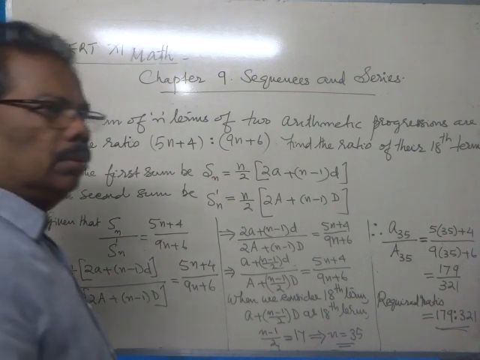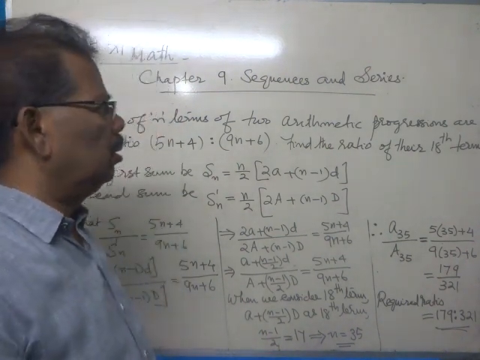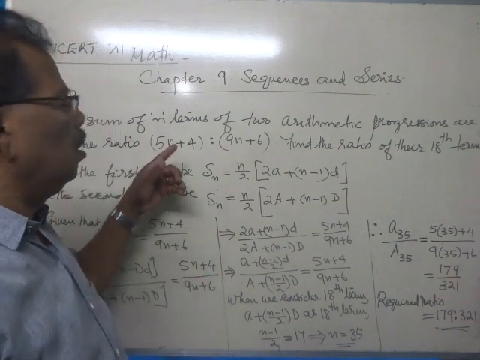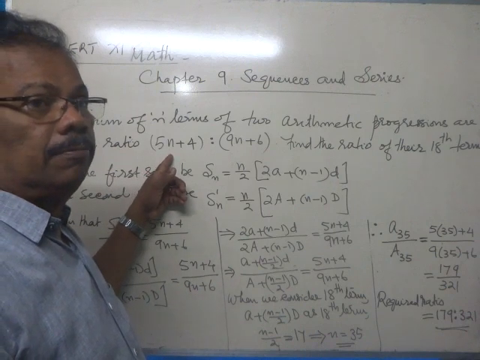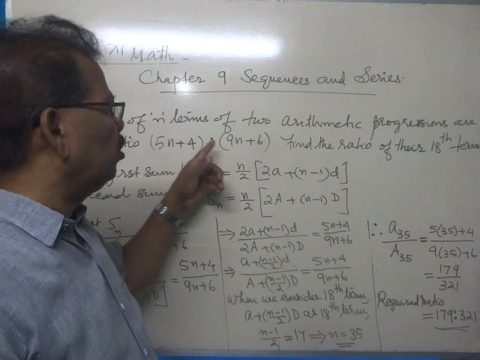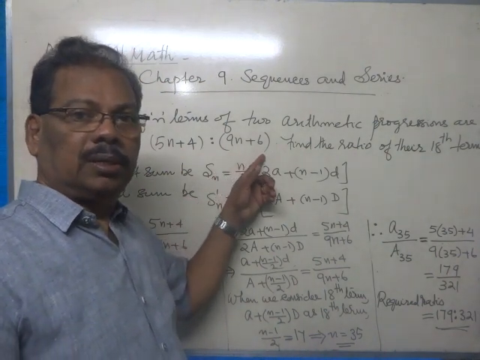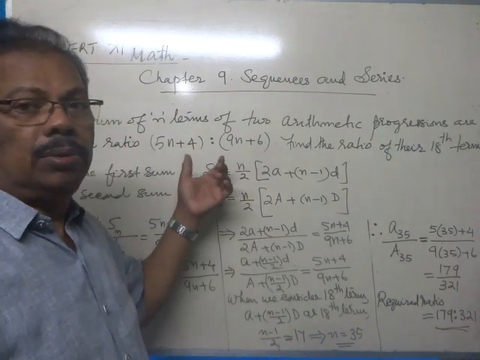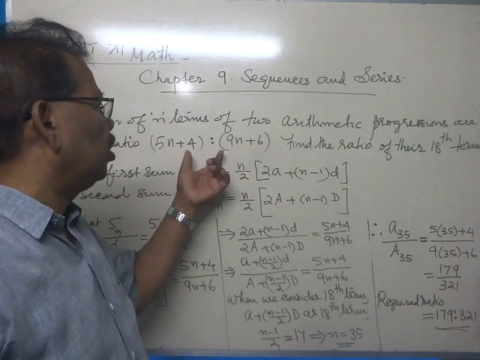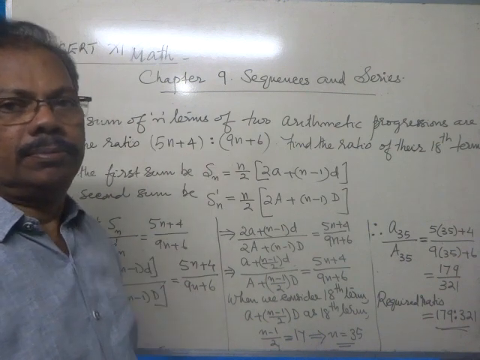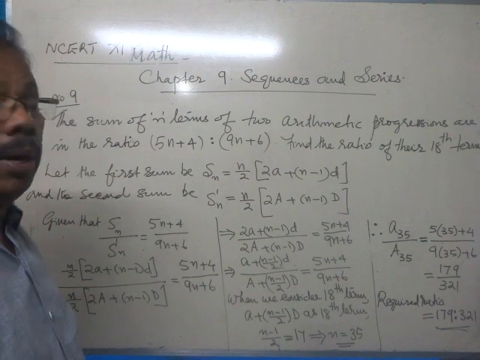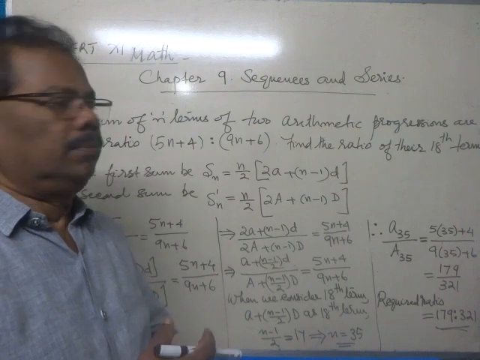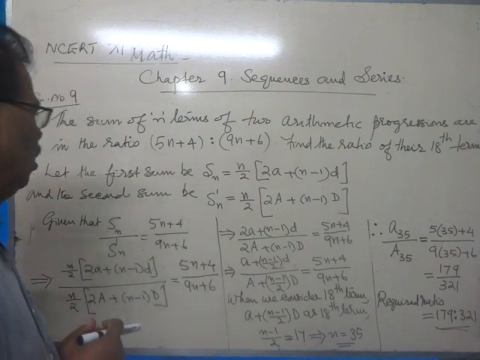We are given two APs. The sum to n terms of the first AP and the sum to n terms of the second AP are taken, and their ratio is found to be 5n plus 4 is to 9n plus 6. We are asked to find out the ratio of their 18th terms. Now,